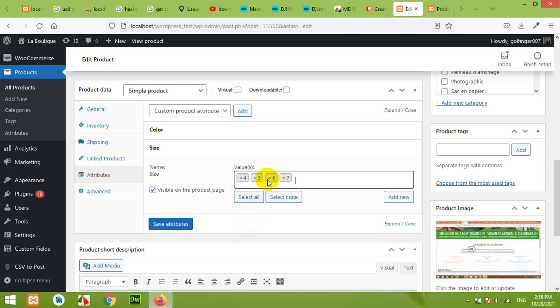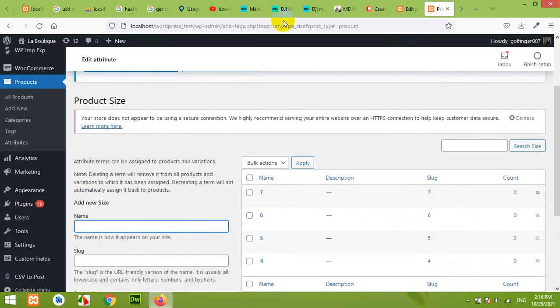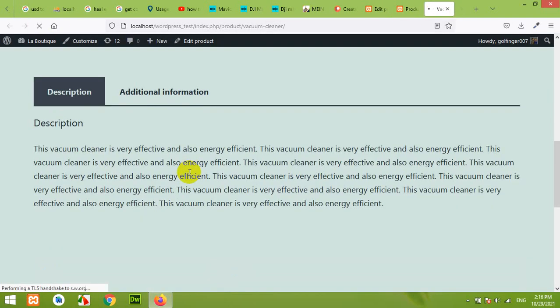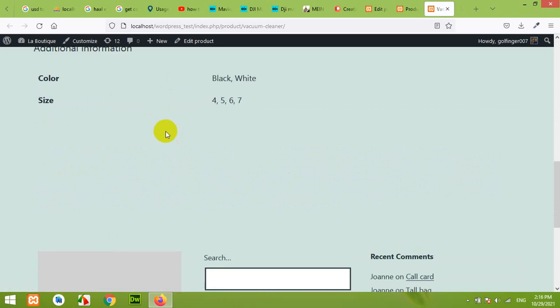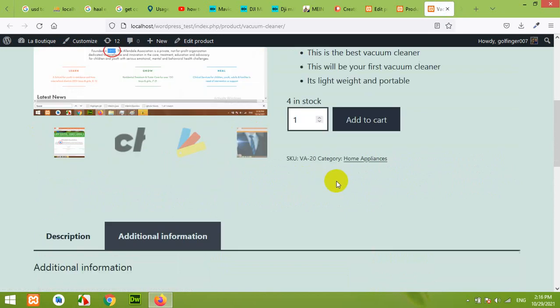Okay, then all these attributes will be added. Now let's save it and let's check on the front end. Refresh the page, come to additional information. Colors available are black and white, and sizes available are 4, 5, 6 and 7.